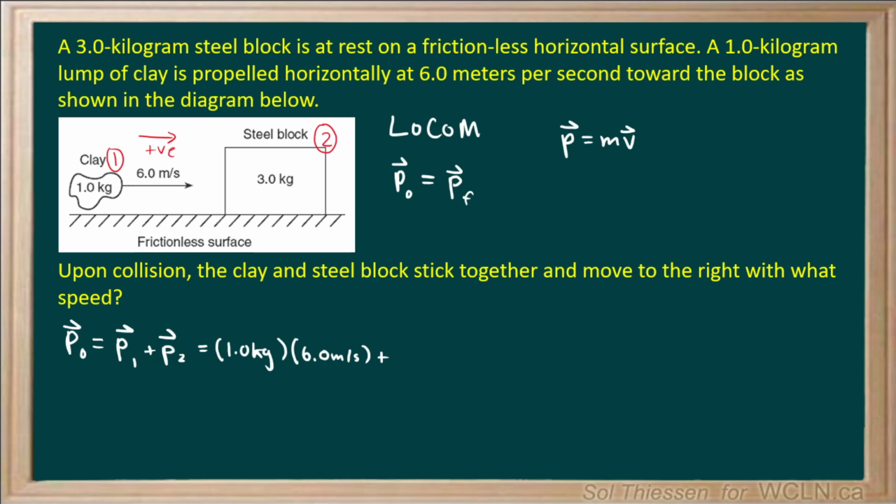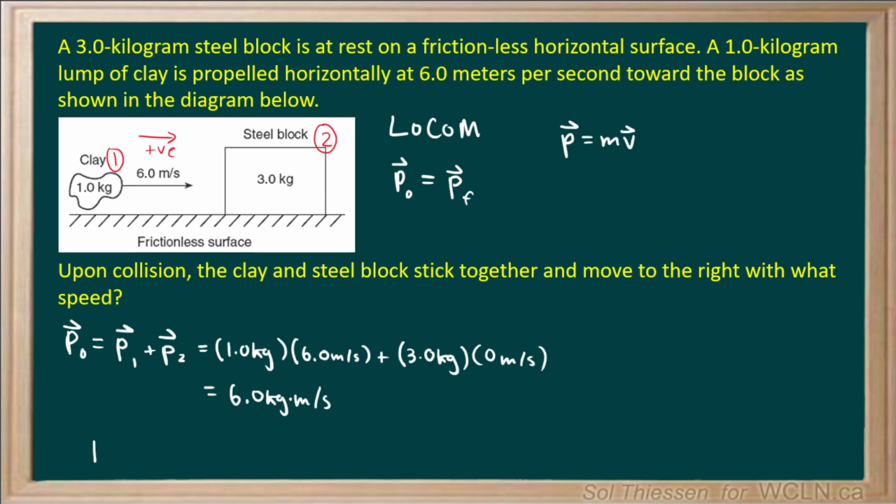plus the mass of the steel block, which is 3 kilograms, times its velocity, which is 0. So the initial system momentum boils down to the momentum of the clay. So we'll have 1 kilogram times 6 meters per second, which gives us 6 kilogram meters per second. So that's the system momentum before the collision,